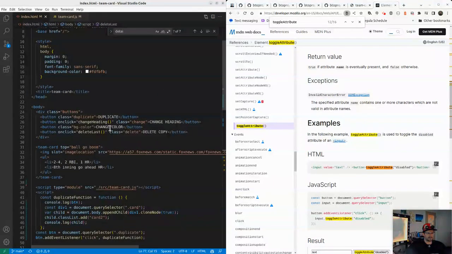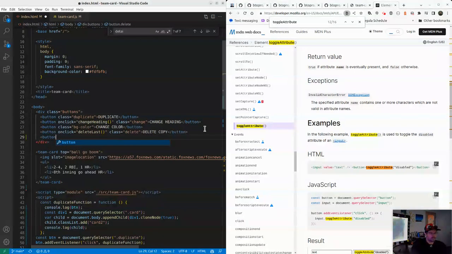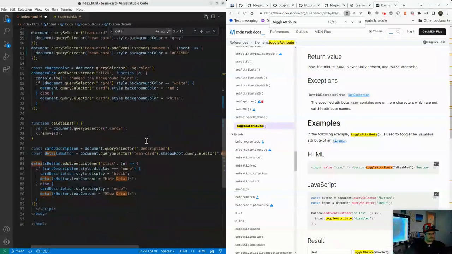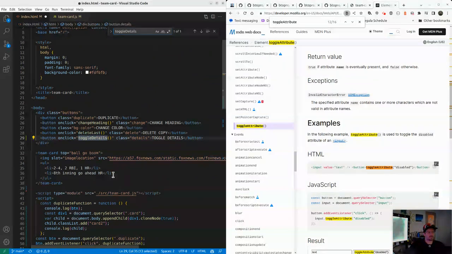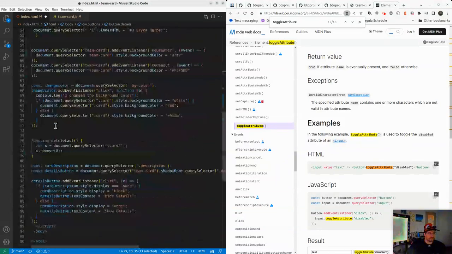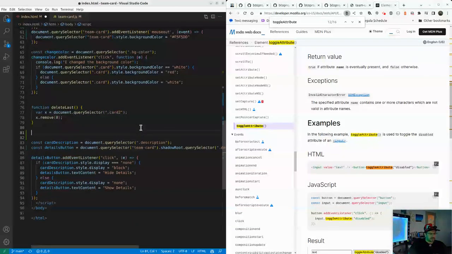So your button for change, actually you don't have a button for this. All right, I'll add a button. So button, we'll do onclick equals toggle details. It just did that for me. Toggle details, and assumed I'm going to make something named that with class details. It's kind of funny, it doesn't understand the web component scoping here, but I'll go down to this part. We got details,